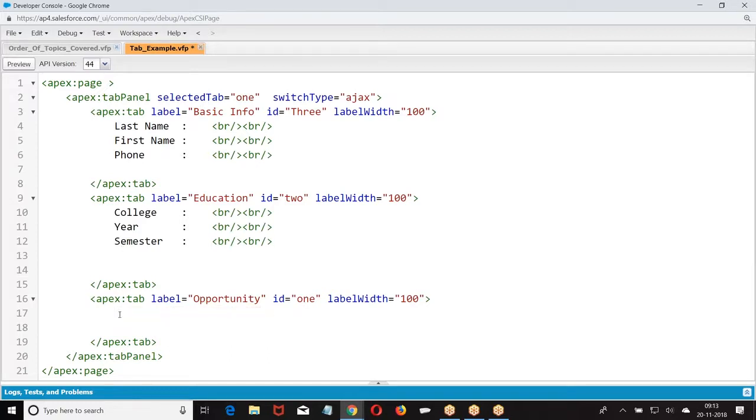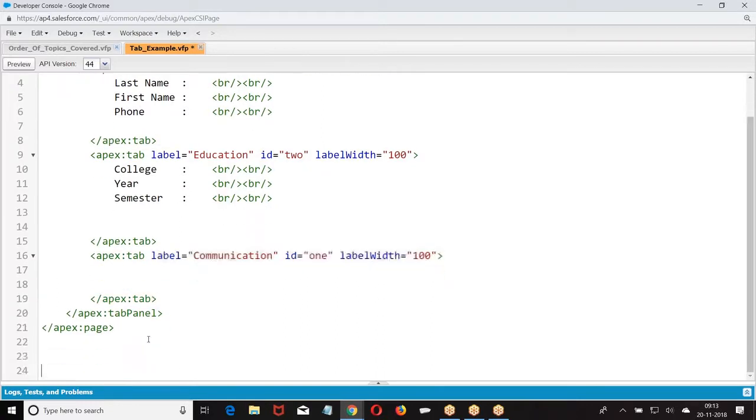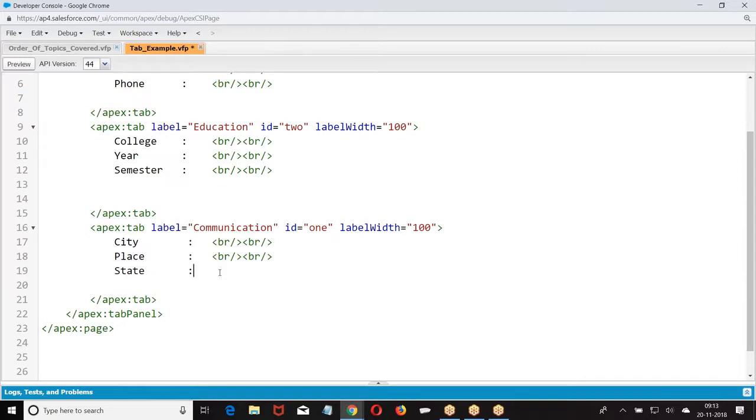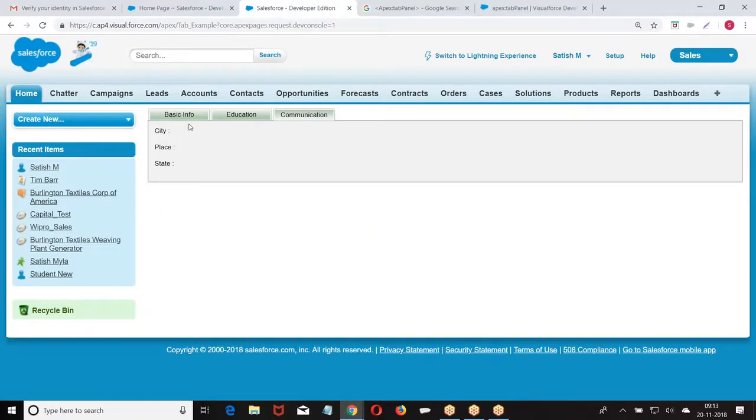Then we have this is what I give. Because we didn't learn about input boxes and all those things, I'm not giving anything.